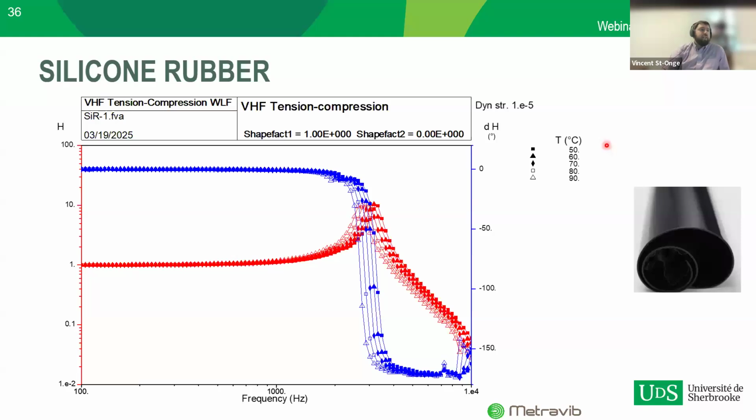So we ran the analysis at different temperatures to see how it would behave. And then you see that we always get the exact same curve. As we increase the temperature, the resonant frequency is shifting towards lower frequency, which is also something that is expected. And what you see now is that at close to 10,000 hertz, you start to see some weird things happening. So even though the theoretical limit of this sample would have been 40-something thousand hertz, because we get to see some weird things happening, we actually are limited in terms of upper frequency.